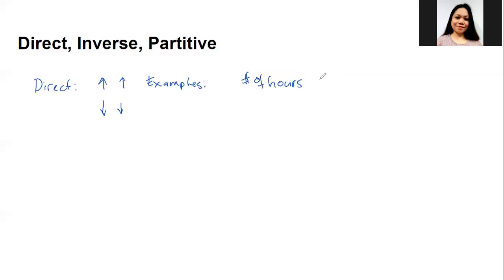number of hours studying, as compared to your score. If you think about it, if you study a lot of hours, would you expect your score to go up or down? Of course you would expect your score to go up, right? That's one example. Another example would be